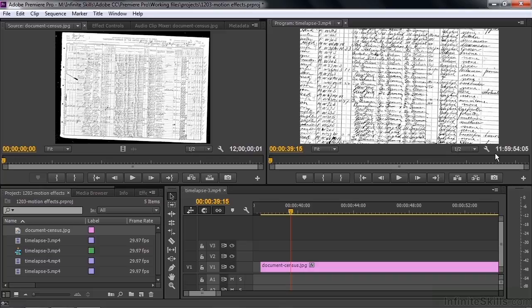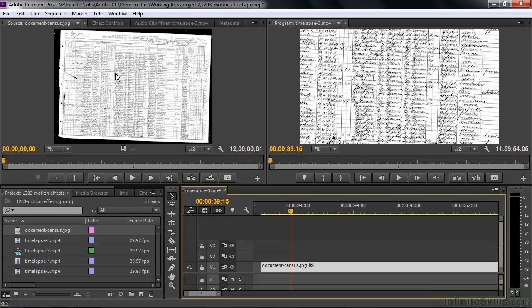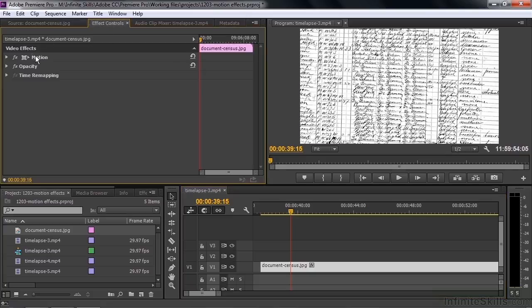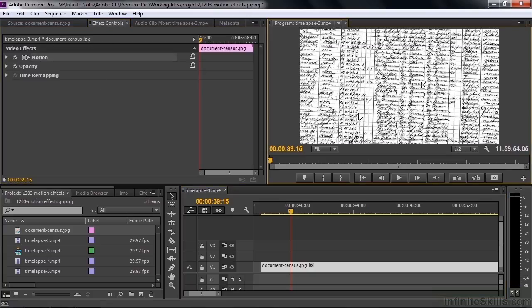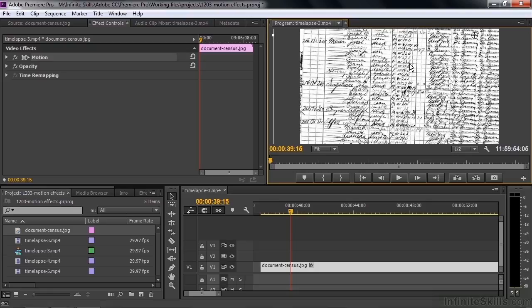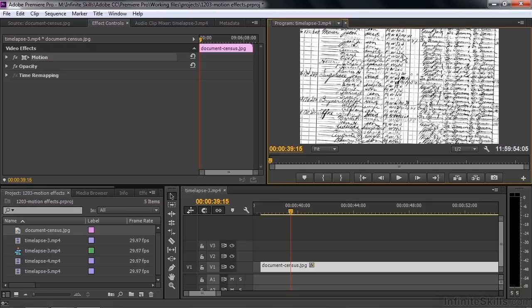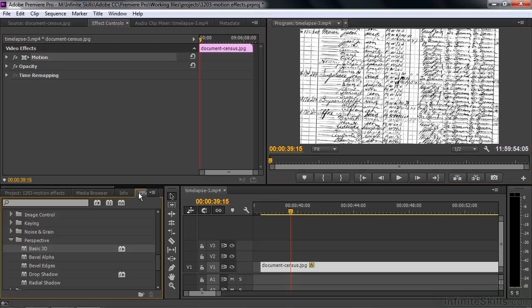I want to find the part that I want to work with, so I'm going to make it active, go to Effect Controls, click on Motion, and track down the part that I want to work with here, which is right about there, this old census document of my great-grandparents right there. You see it's at kind of an angle there, and this is going to be an issue when we work with the crop effect. So let's go find the crop effect, go to Effects, and let's just track it down by typing in crop,